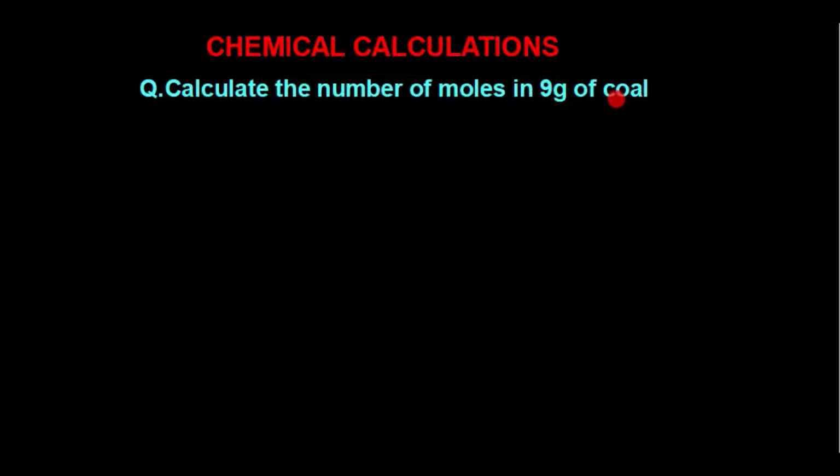We know what is the chemical nature of coal. Coal is actually carbon in nature. First of all, we will write the data for this numerical and then we will solve the numerical. We will see what things are given and what are required. So data for this numerical is